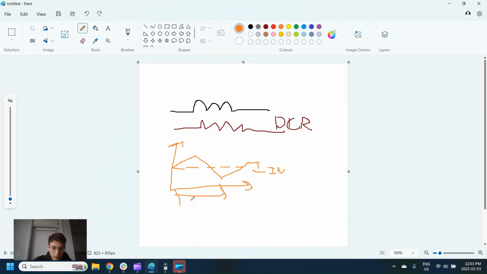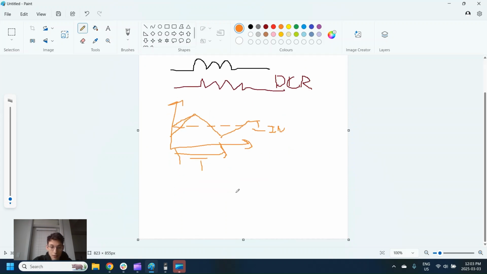One period. So it's going to go up and down. And that means that we can't just take I squared R, because I is constantly changing, and it's changing by a significant amount. What we need is the RMS current, because if we have the RMS current, we can take